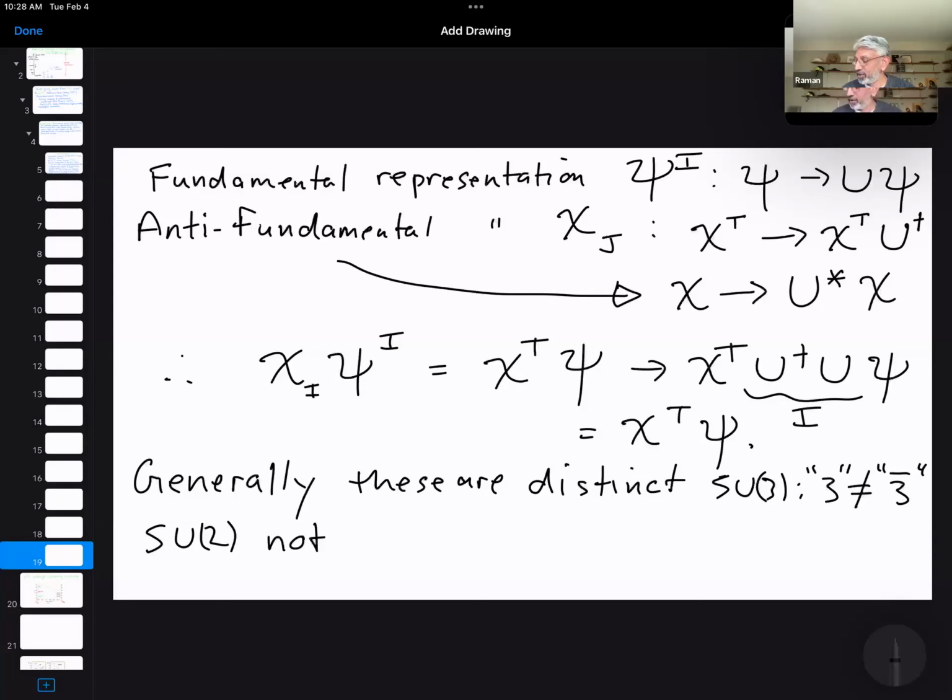That is, the 2 is essentially equivalent to the 2 bar. And this is just a simple exercise to show that if I write, so I'll use alpha to equal 1 or 2, the usual kind of isospin index, or spin index even. And